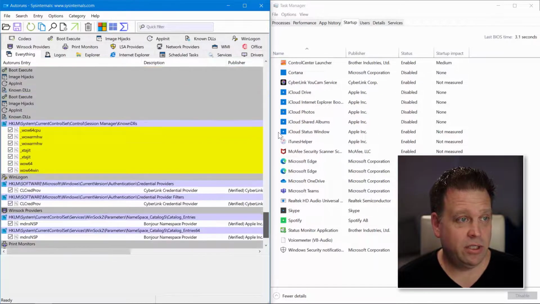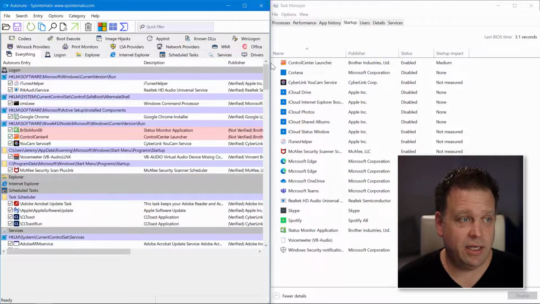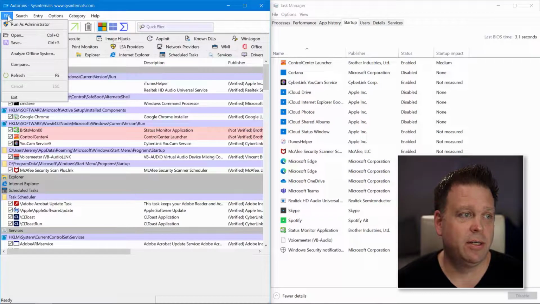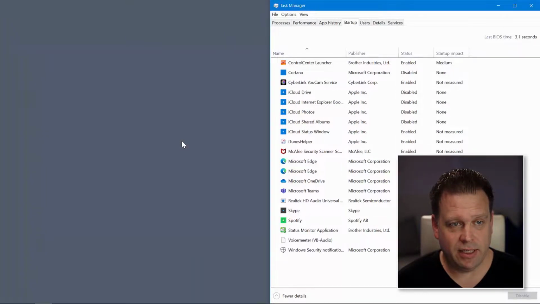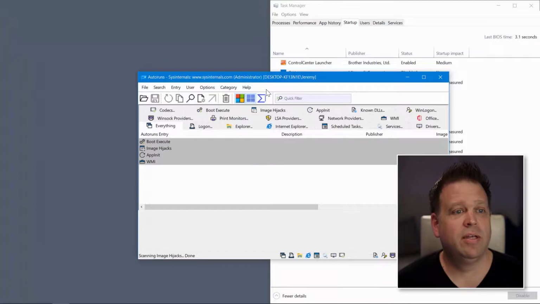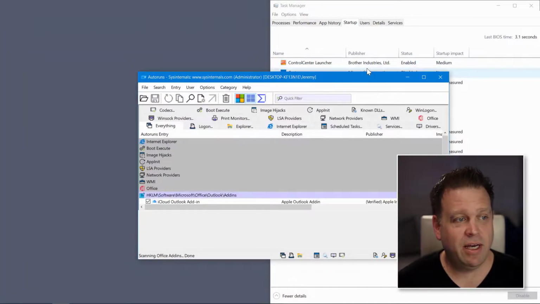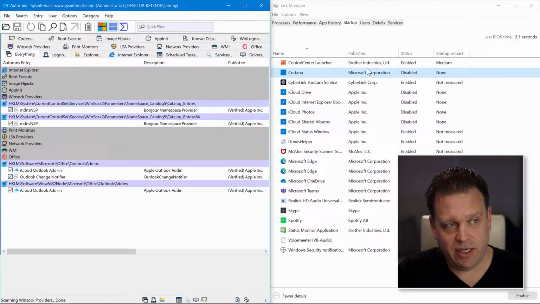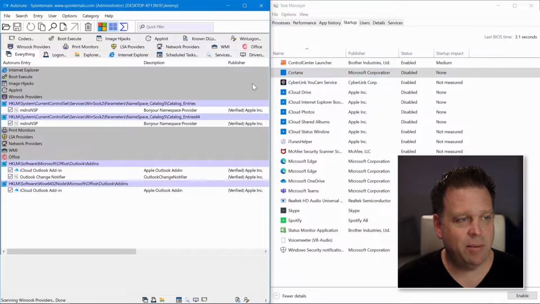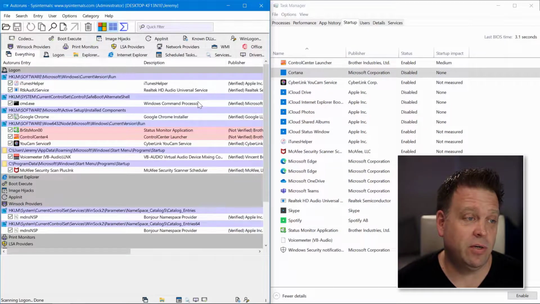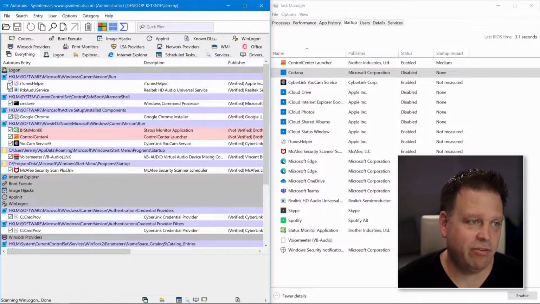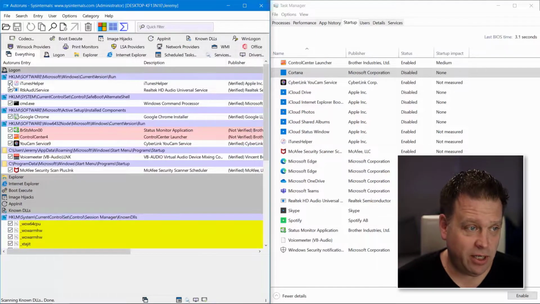What you need to do to get this to run, or to get this to where you can actually turn some things off, is run this application, Autoruns, as an administrator. And you can see that it relaunches the window now with administrator rights. So now I have the ability to go in if I need to and turn off the various Autorun services and apps and processes that I don't want to run at startup, that I know that I'm currently not using. So I'm going to go ahead and turn off, for example, iTunes Helper here.